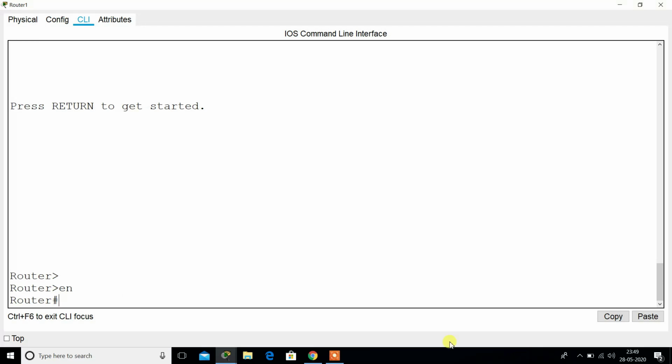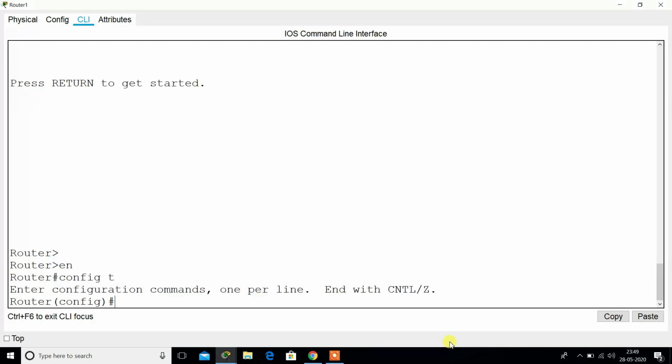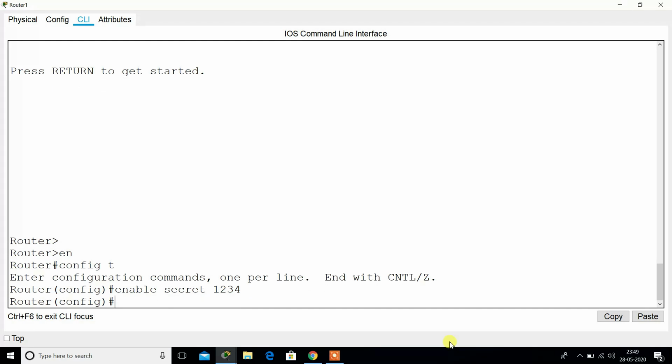Now we will learn how to apply secret on a router. For applying secret on the router, we need to go in configuration mode. First we go in configuration mode, then we use the command enable secret 1234. What is 1234? This is the password which I want to give. You can give a password according to yours and press enter.